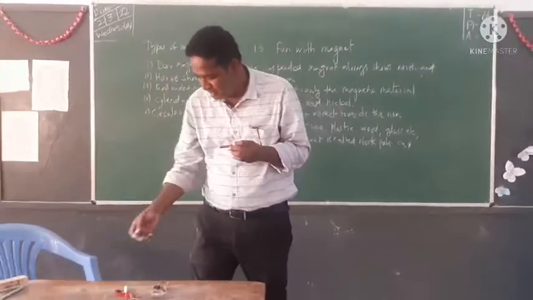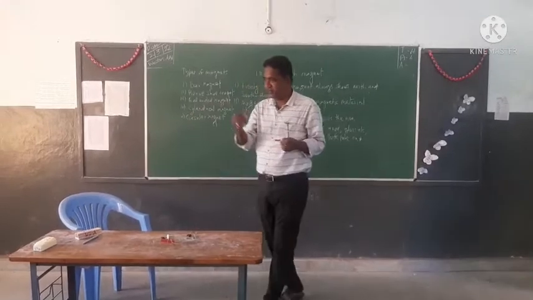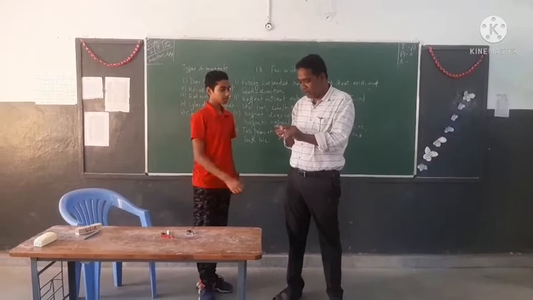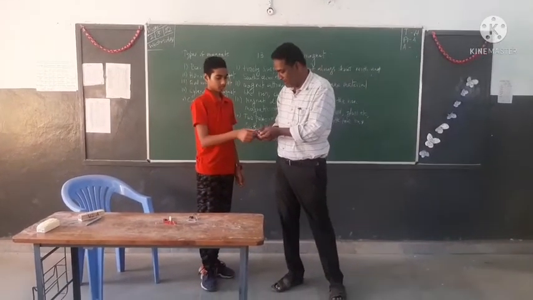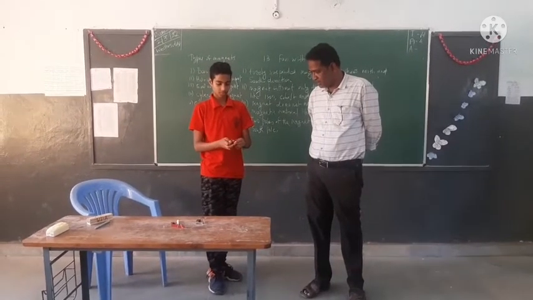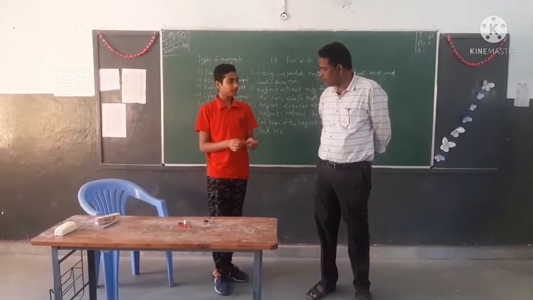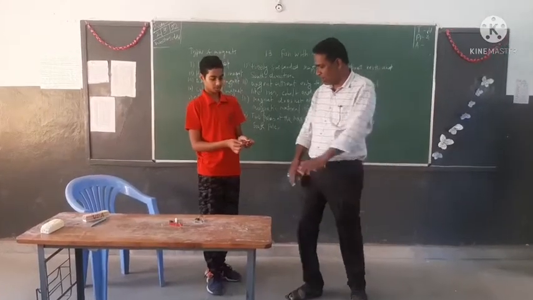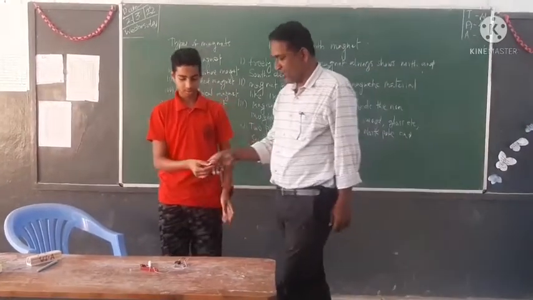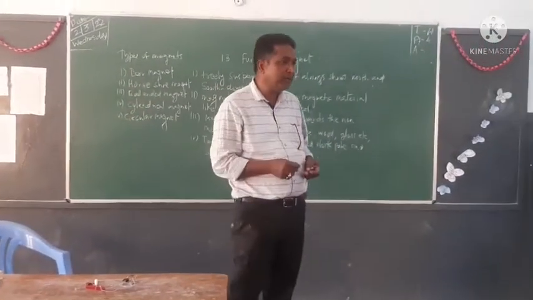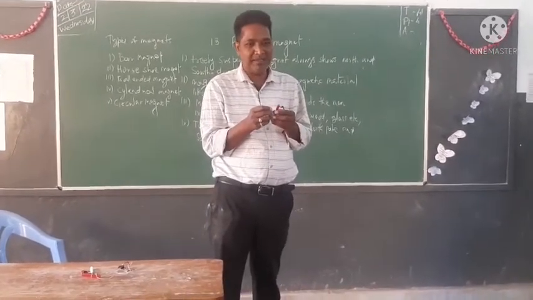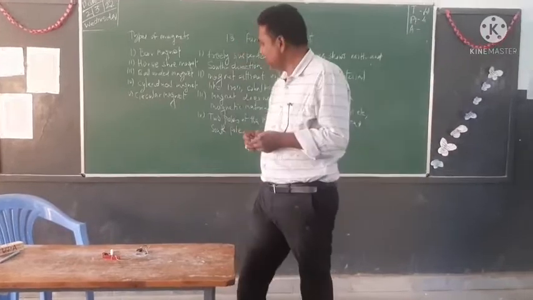You can hear. आप इधर आ जाओ और इसको मिडल में लगाकर देखो और एज में लगाकर देखो, कहाँ पर ज्यादा मैग्नेटिक प्रॉपर्टी है मेरे को बताओ. Sir, the magnet property is higher in a pole. Very good. And what about the middle? There is less magnetic power in its middle. Very good, very good. इसका मतलब क्या हुआ? किसी भी मैग्नेट की मैग्नेटिक प्रॉपर्टी उसके एंड में ज्यादा होती है और उसके मिडल में कम होती है. Understood?